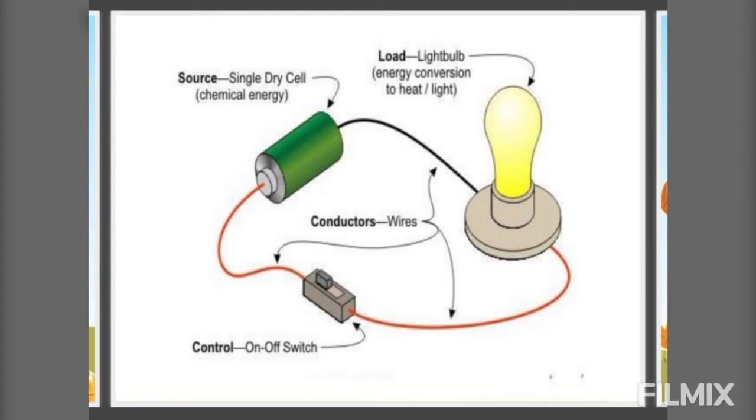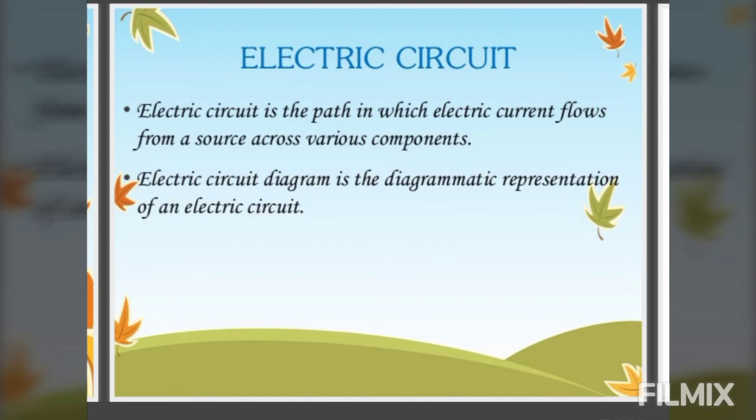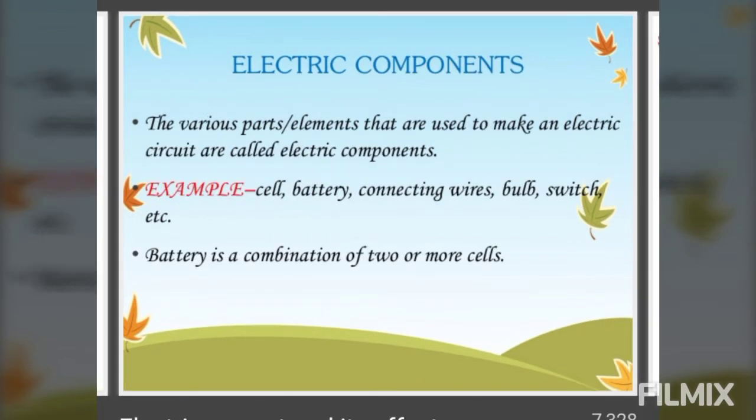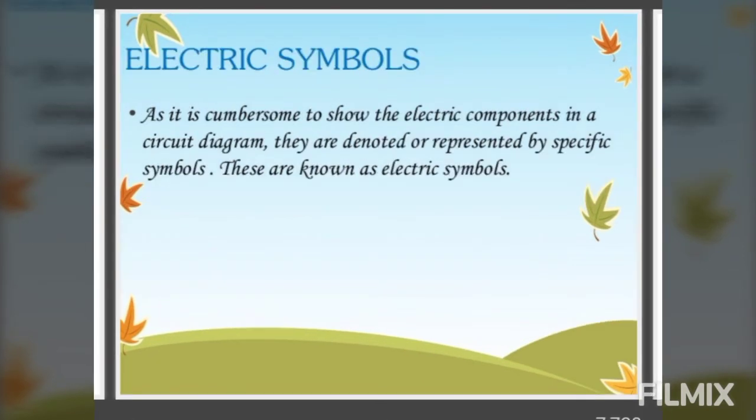Then we studied about electric circuit. Electric circuit is the path along which the electric current can flow. It is called an electric circuit. Then our next topic was electrical components and their symbols. In order to represent a circuit diagram, we use the symbols of the electrical components so that our work becomes easier to draw them and so that we can represent them in the form of a diagram, which is called a circuit diagram. So each electric component has a symbol.